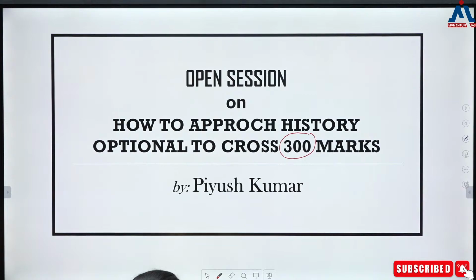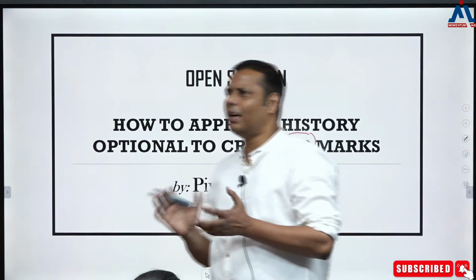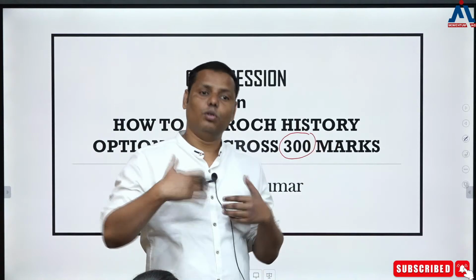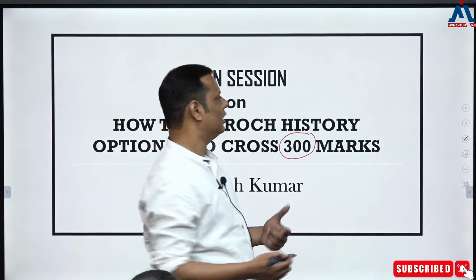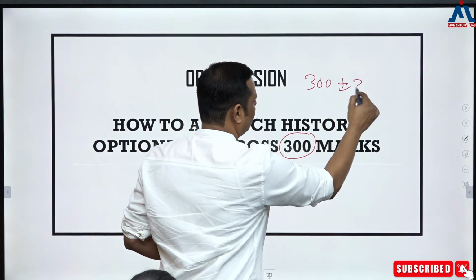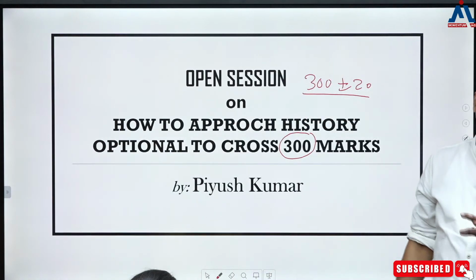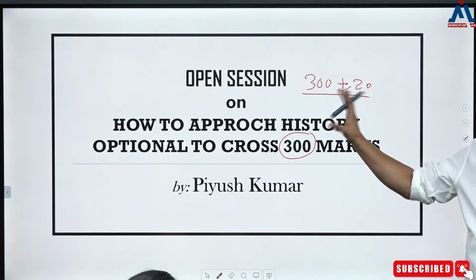And this is not something non-achievable, as such. 300 is something that you should not think of in this way, that you have to cross 300. 300 is a mark, I usually say, plus minus 20. Okay? It may be plus minus 10 also. So basically, any optional paper that you are having, undoubtedly you have been targeting this